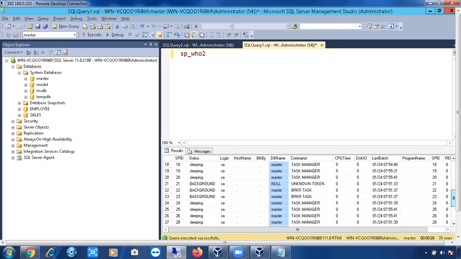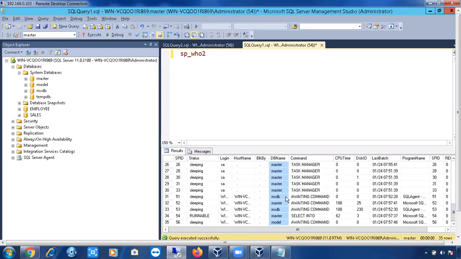If you see here, go down, see here, MSDB is there, master is there, MSDB, master. Then finally you can see a session is open from the master model database, right? So what is the session ID? If you see here, SPID is the session ID. Usually session ID and process ID are the same. We call it SPID, meaning session process ID. Session or process, both are the same, right?